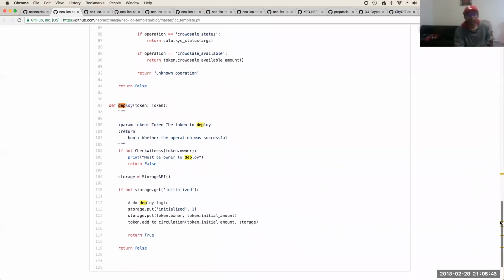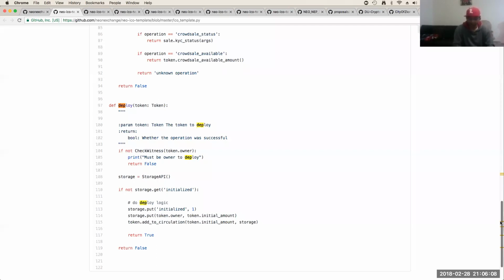So basically, check the token owner. It's got to be the owner, the person who created the contract. Afterwards, we check to see if it's been initialized already. If it hasn't been initialized already, we initialize it. We set the token owner with the initial amount of tokens that is going to go to that wallet, and then we add it to circulation.